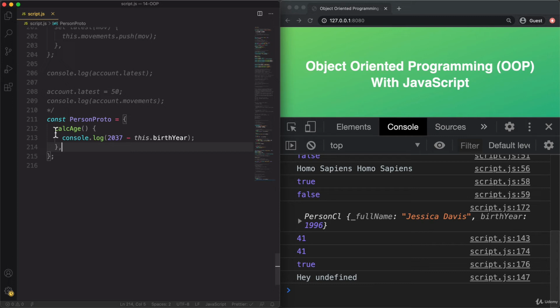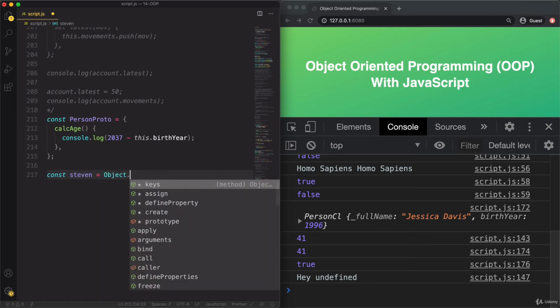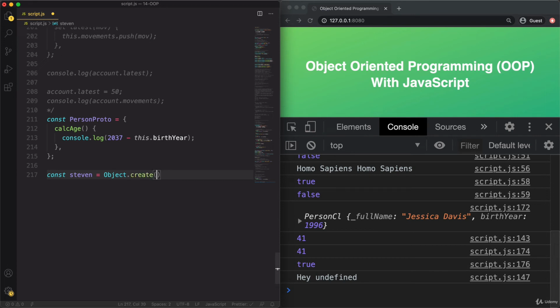And so we put them in the prototype, and now all we need to do is to create a person object with this object as the prototype. And for that, we can use Object.create. So let's create a person called Steven here. Now Object.create, and here we pass in the object that we want to be the prototype of the new object.